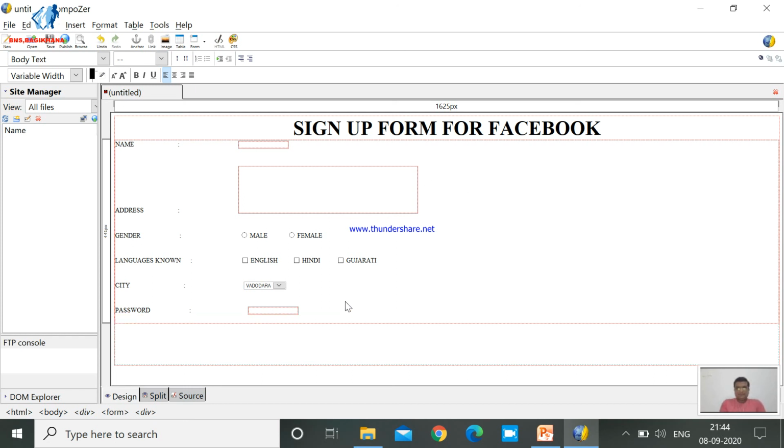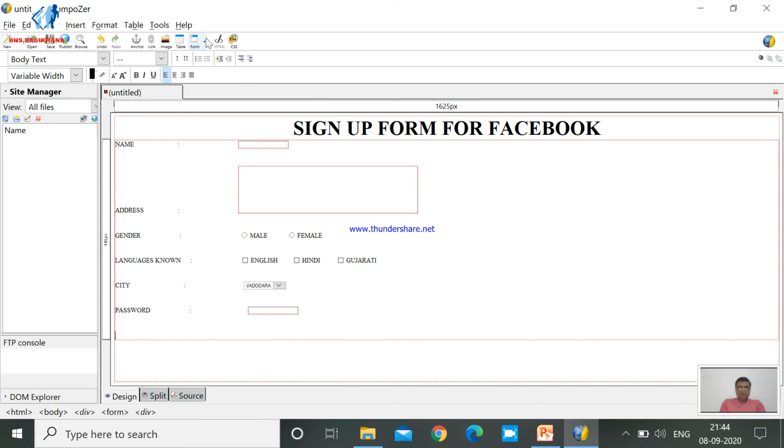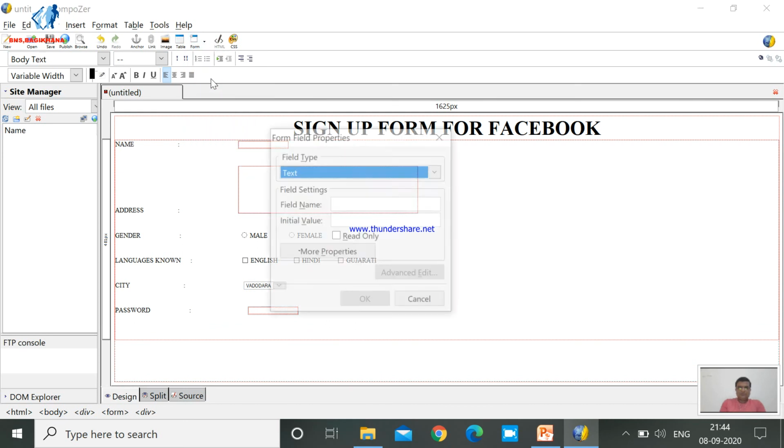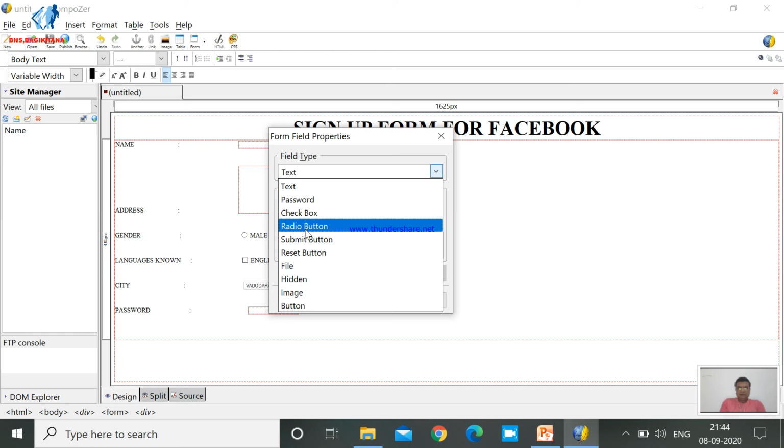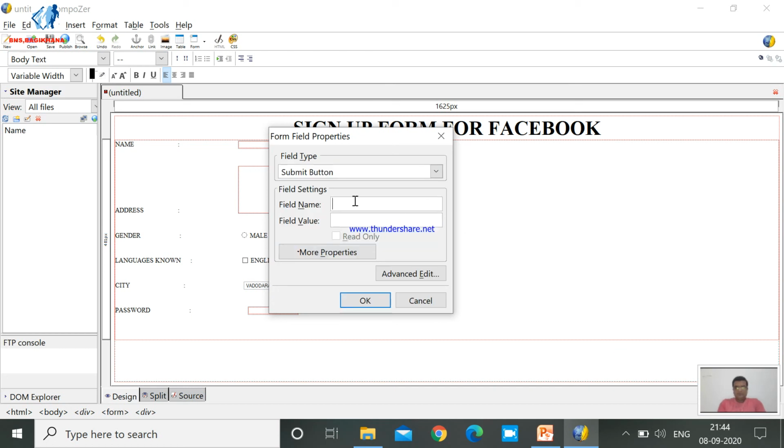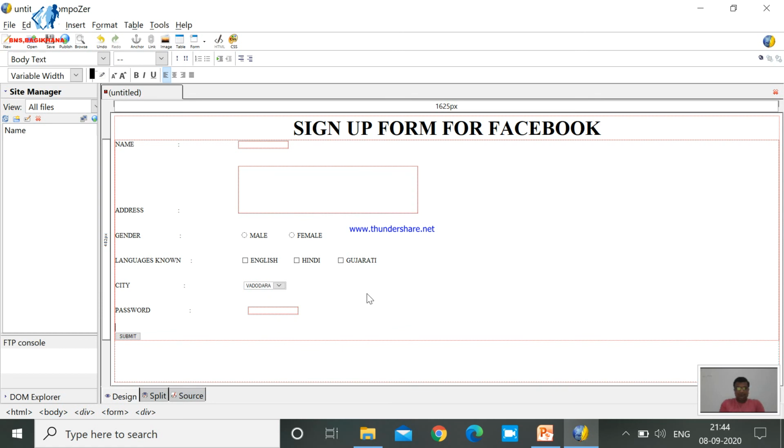So after this, now it's time to take two required buttons, and the buttons are submit button first. So the name of the button is submit. So the first button is submit. The next is reset button.